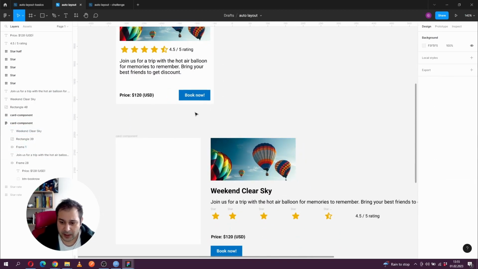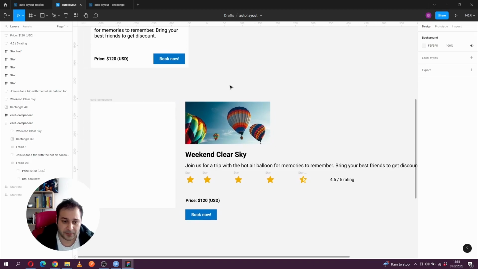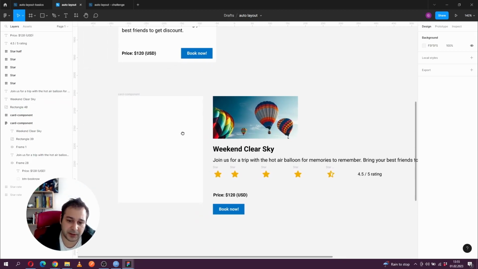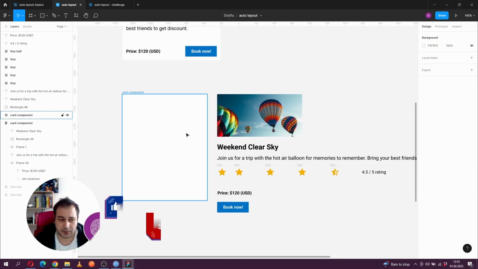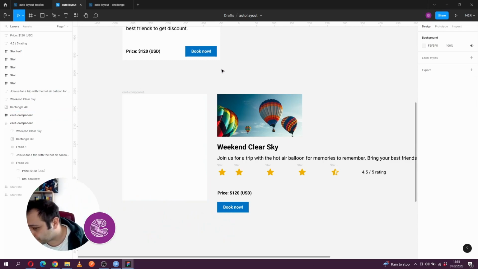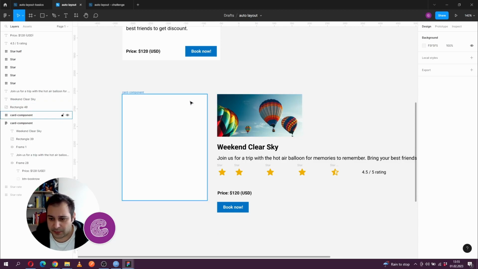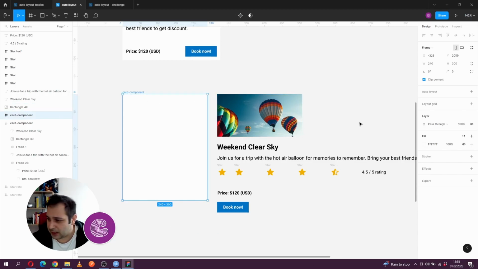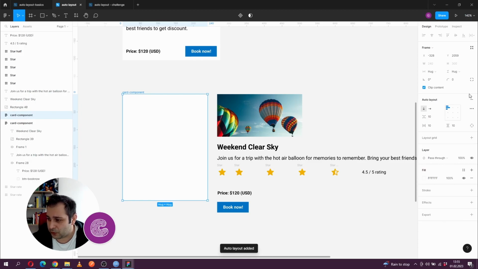So I can try now to have a horizontal display. Maybe the image is going to be featured on the left side and the content on the right side. So let's see how we're gonna do that. Again, I'm gonna select component, add auto layout to it, and this time I want it to work on horizontal,